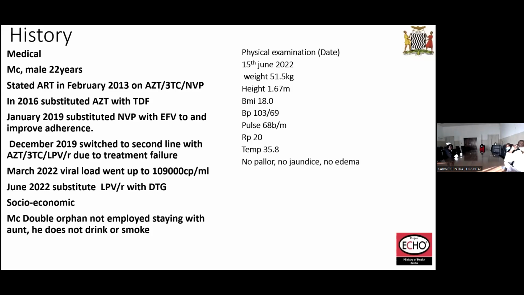We maintained him on that. We didn't meet him in March, April, May. In June, when he came, we noticed the viral load was